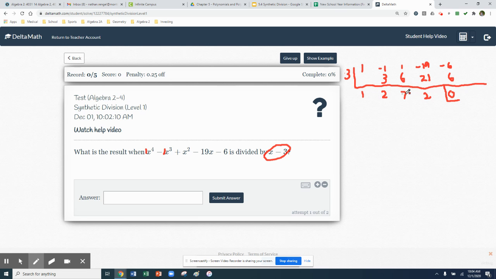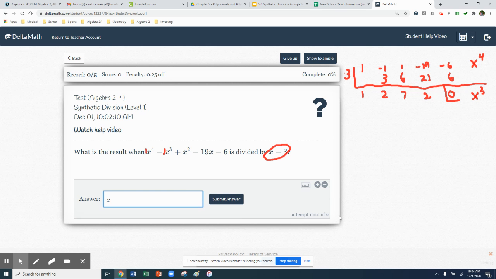Now these are the coefficients of your new polynomial. So our polynomial started as an x to the 4th. When I divide that one linear factor out, I'm now at an x to the 3rd. So I have an x to the 3rd polynomial that I'm going to write into my answer here. So I take the 1. I could write the 1 if I wanted to. I don't need to. I'm going to hit x, and then shift 6 will make an exponent. So I got x to the 3rd